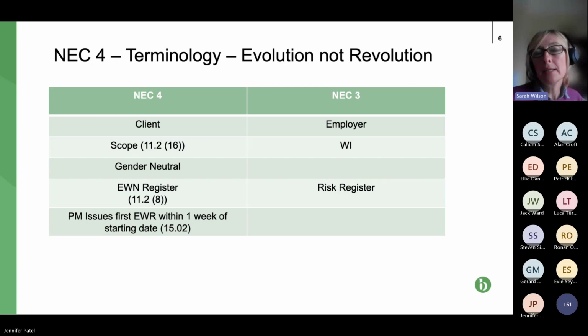So again, at NEC3, we've got the WI, the works information. In NEC4, we have the scope of works. Again, it's just more what you would expect. We all know what a scope of work is. If you're not familiar with NEC, you wouldn't necessarily know what works information was all about. So 2 good changes there. Third one, it's gender neutral. Also, the fourth one,